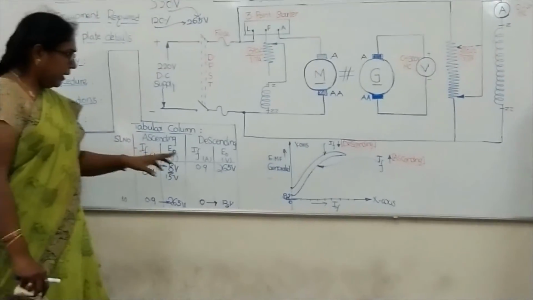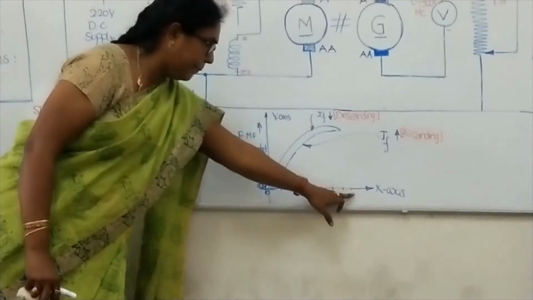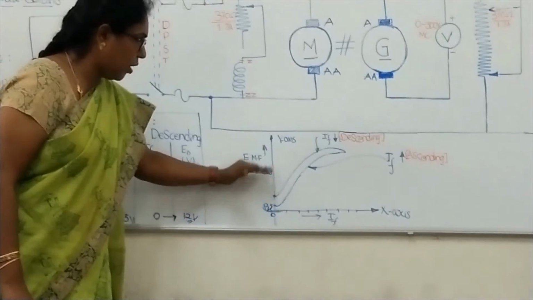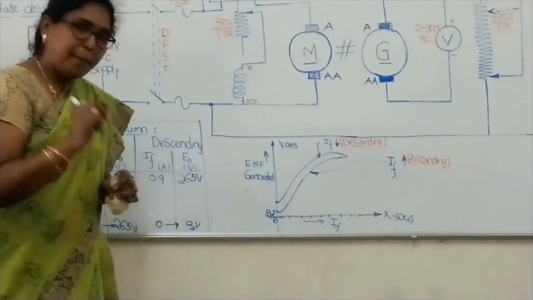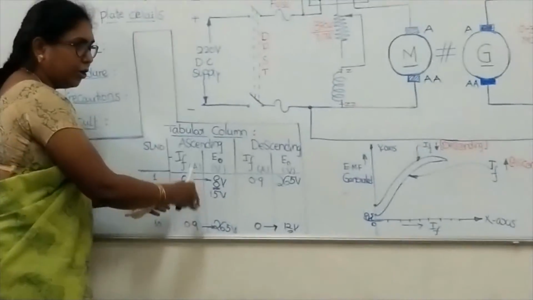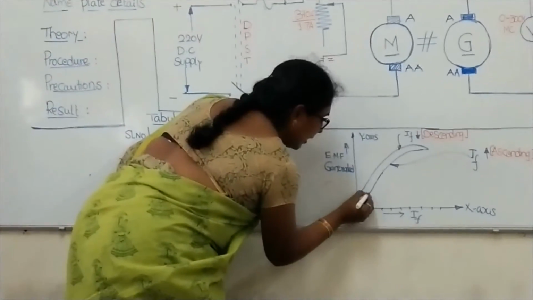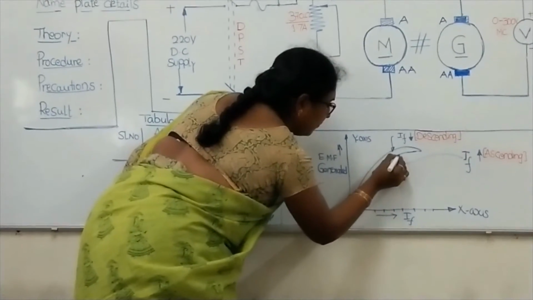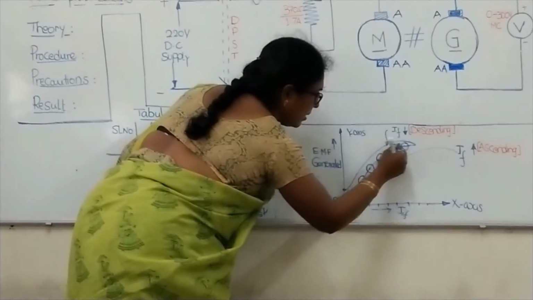Here, let us say I am taking 0.1 ampere, 0.2, 0.3 and so on up to 0.9 amperes on the x-axis, and on the y-axis I am taking 20, 40, 60 and so on up to 280 volts. After that, we plot all the points obtained from the experimental results on the graph. After putting all the readings on the graph, we join the points with a freehand curve. It is called a freehand curve.